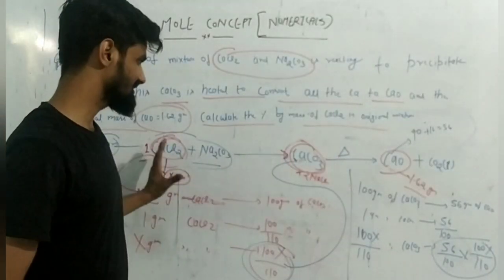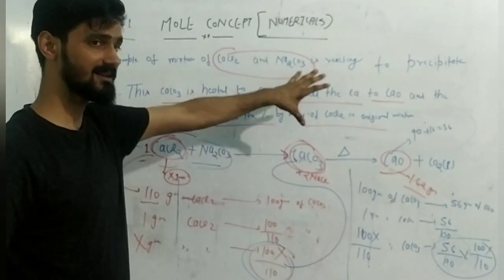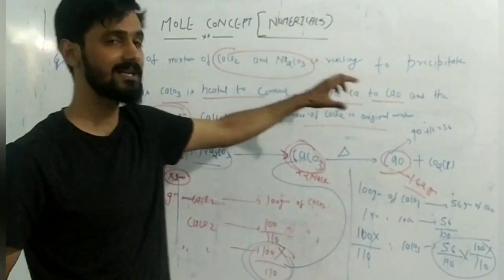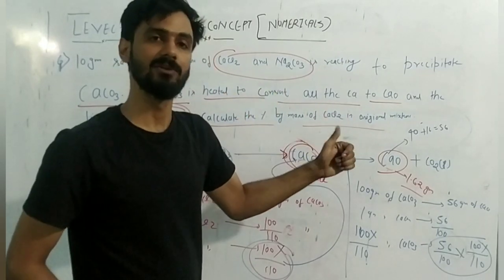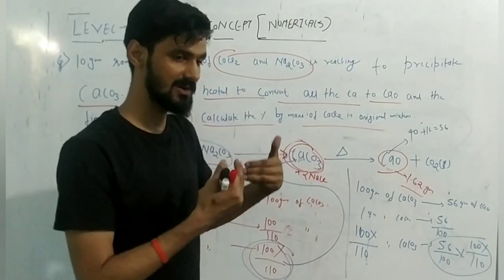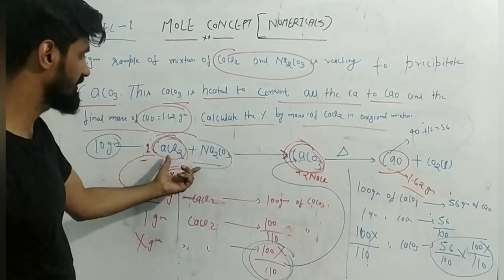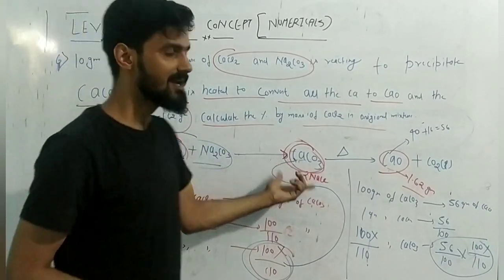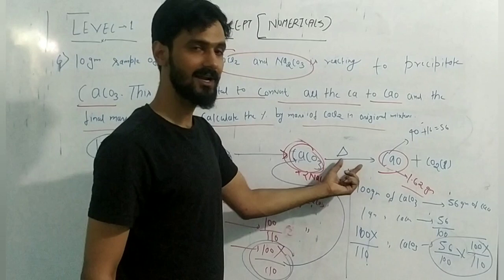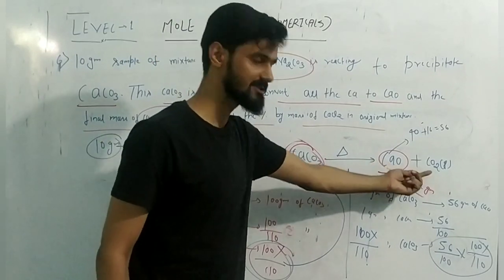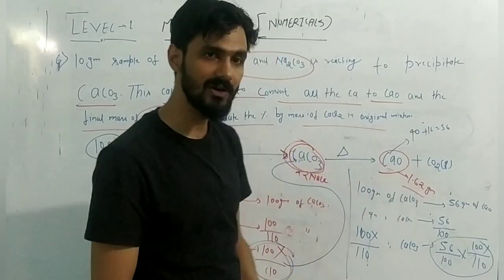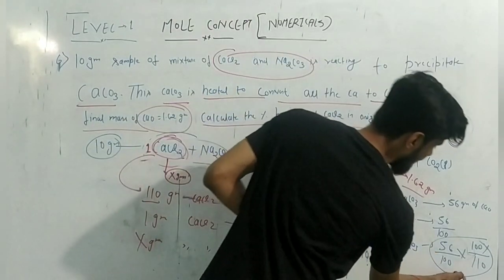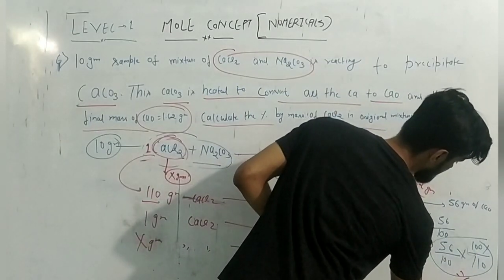Just go through the process, what is asked in the question and which types of data are given in the question. You don't have to go beyond that data. Everything is given. You have to focus on the quantity from the first reaction. After that, the question is about heating the CaCO3 to produce CaO and CO2, and the final weight of CaO given is 1.62 gram. So that will be equal to 1.62 gram.